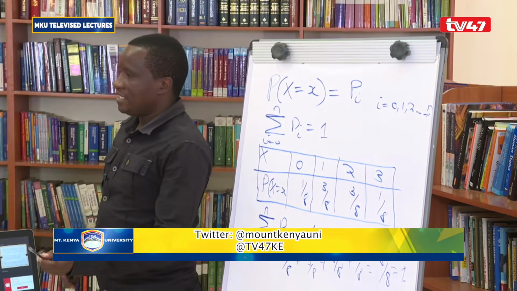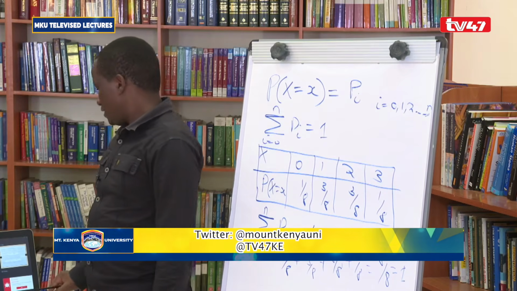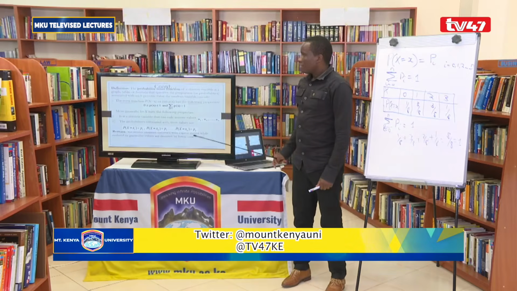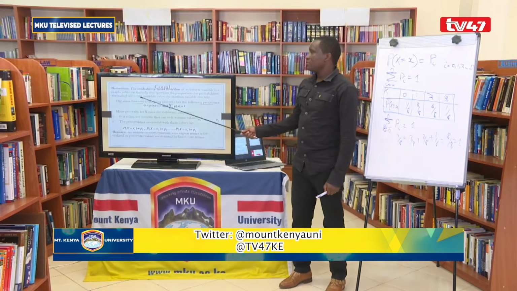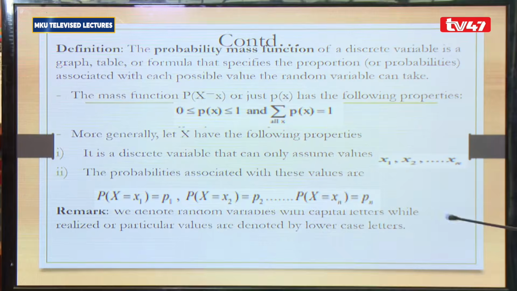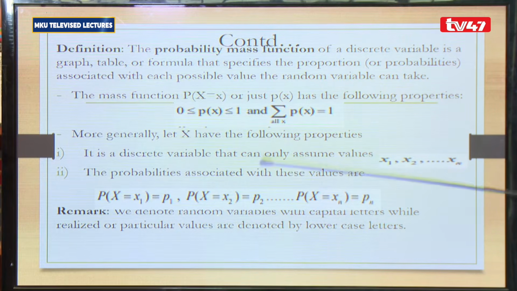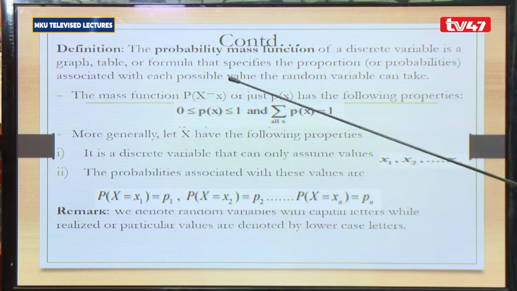It qualifies the table given here as a PMF, a probability mass function. Now, this just insists on the properties we've talked about. Another important property is that the probability of any given random variable X must lie between 0 and 1. So it would be absurd for someone to give a solution to a probability question outside this interval,